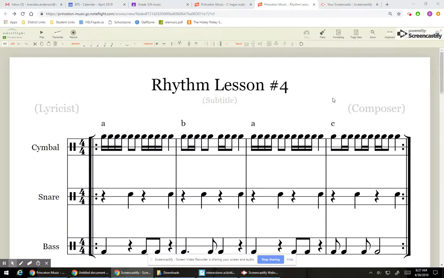Okay, here's your video for lesson 5 for Noteflight. For lesson 5, we're going to be using lesson 4 and building something on top of that. What you'll do is open your lesson 4 assignment that you've already finished, and we're going to use that